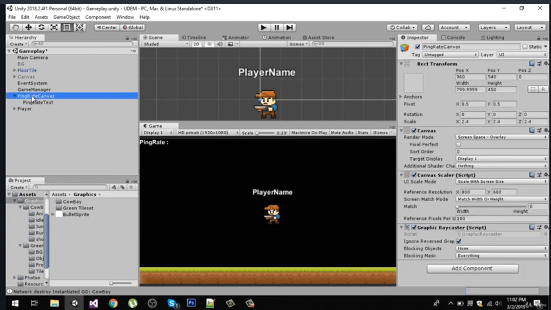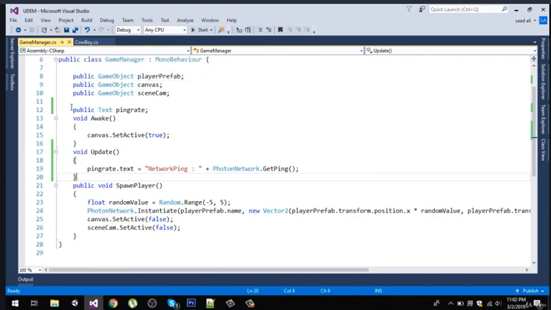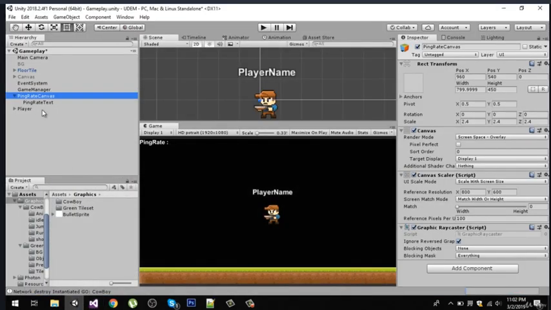So make sure to on the ping rate canvas set it to scale with screen size, and let's go back to our game manager script. And in the game manager script, first of all, get the public reference of ping rate text and define the update function. And in the update function we are setting the text to networking ping colon and then our ping rate. So let's save that,